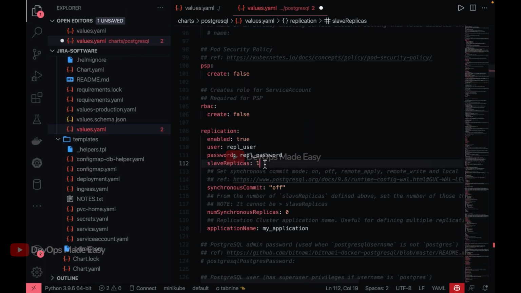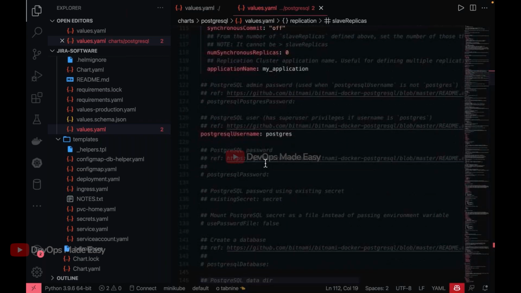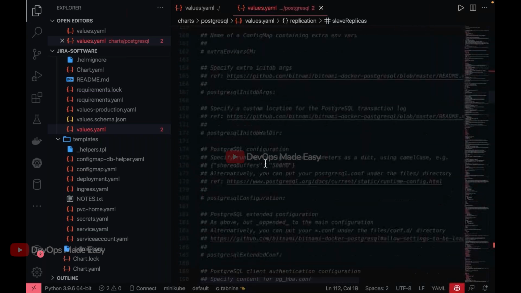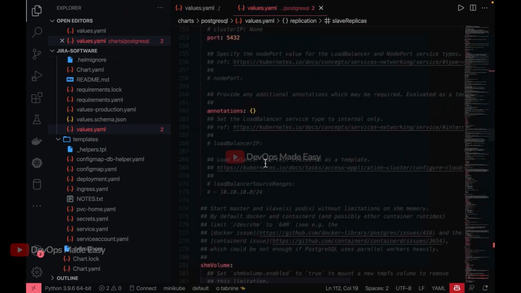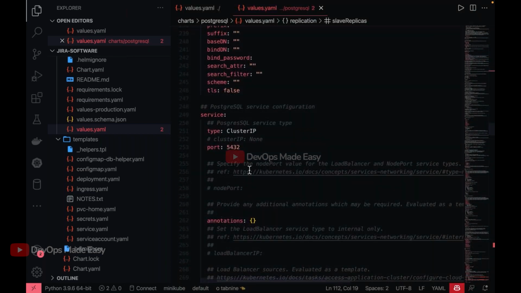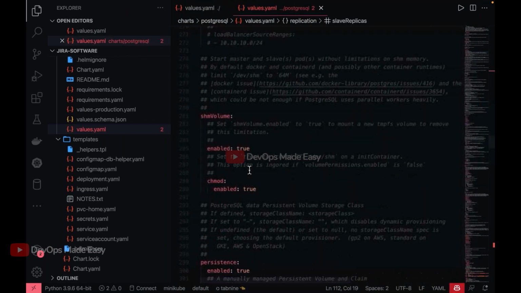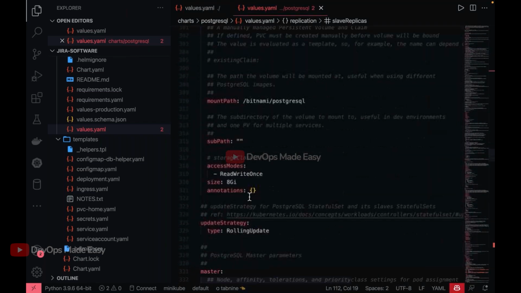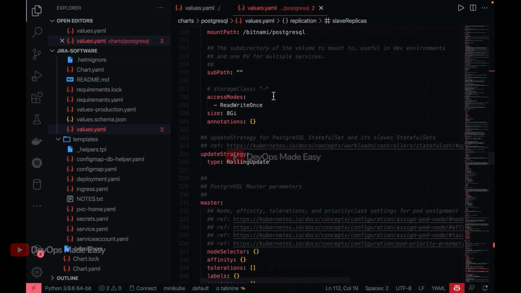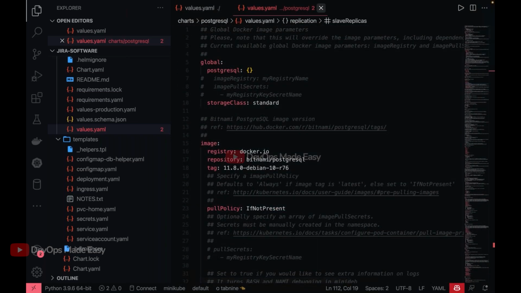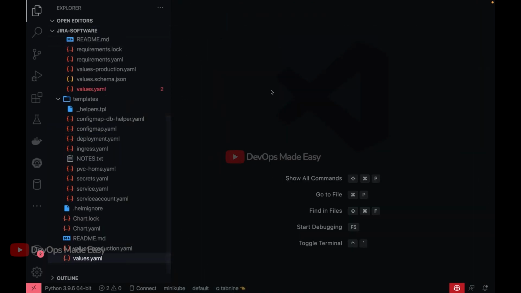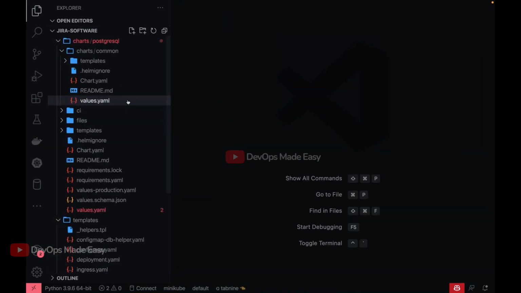So you have an option to select the number of slaves. Since I'm running minikube and I'm low on resources, I'm making it one. So that is the overall configuration needed. Internally this Postgres is also exposed as cluster IP on port 5432, and persistence is enabled. So I think we are done with the configuration for the Postgres as well. These are the various changes in both the values.yaml files, for the Postgres and the Zira deployment.